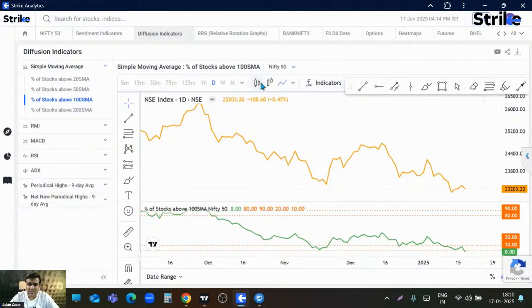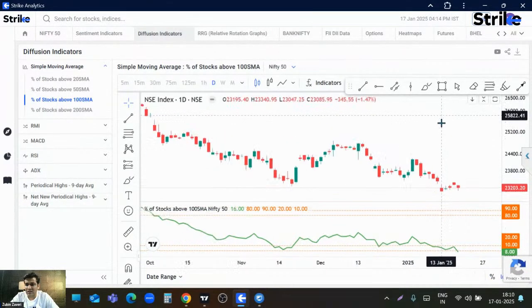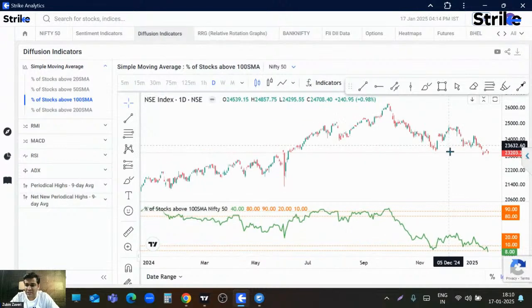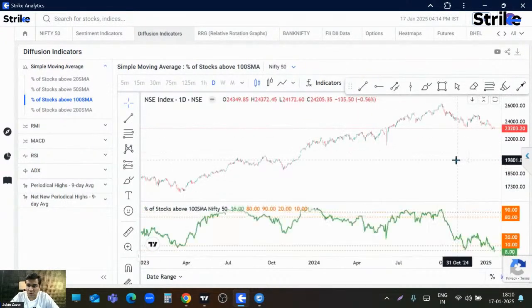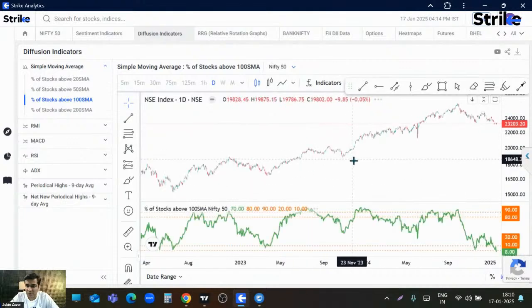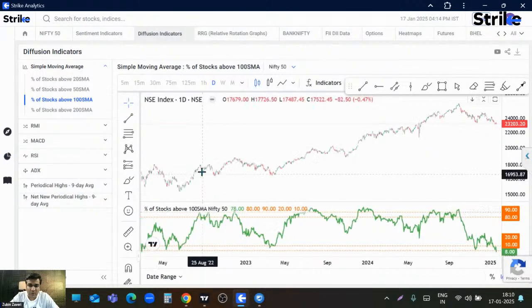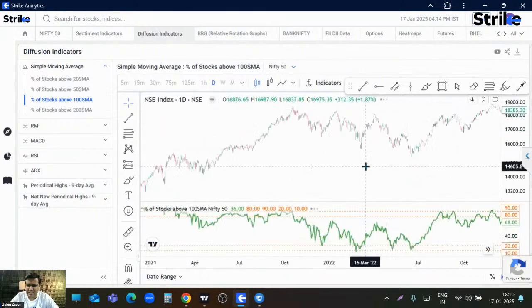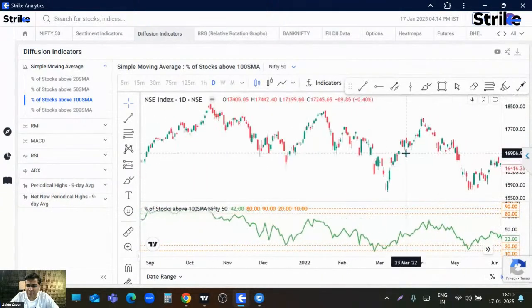Look at this. On this Nifty 50, this particular indicator has gone still further into the deep oversold region. The reading is only 8. So it's really very low. And because it is at its low, we can see a sharp bounce back. Yeah, something like this had happened over here. Yesterday also we saw the same thing. Something like this can happen.